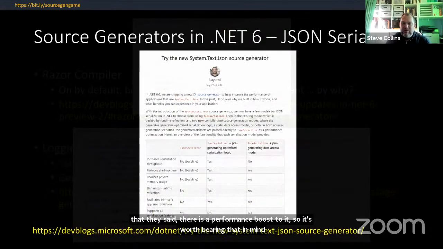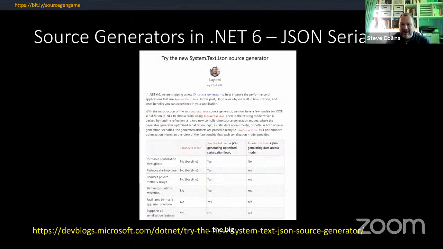The big one that people were getting really excited about with .NET 6 coming out was the enhancements to JSON serializers. Now, if you're still in Framework or even using .NET Core right up to .NET 5, the version of the serializers you were using there still took the traditional route of using Reflection to do all the heavy lifting. With .NET 6, Microsoft have added functionality that takes advantage of the source generators, not only to handle the serialization, but also to do stuff with the data model via JSON serialization context.